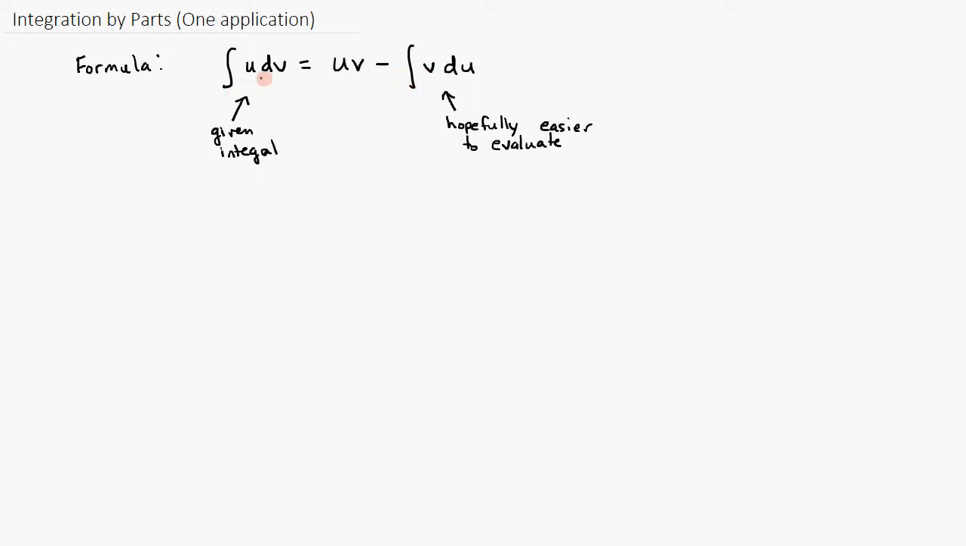So the given integral will have this form. You're going to choose one part to be u, then another part to be dv. So basically you start with one part of the integral we set as u, and the other part we set as dv. These are the two parts of the integral. And then using these two, we need to find